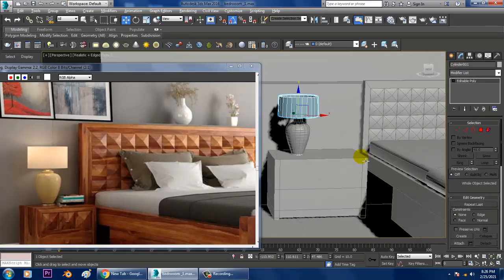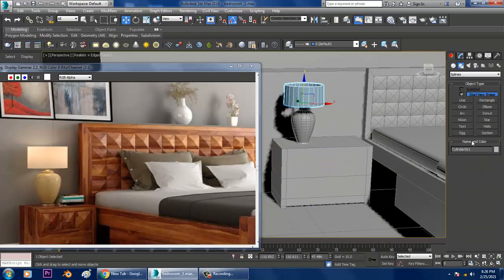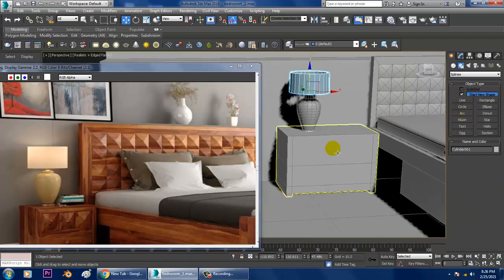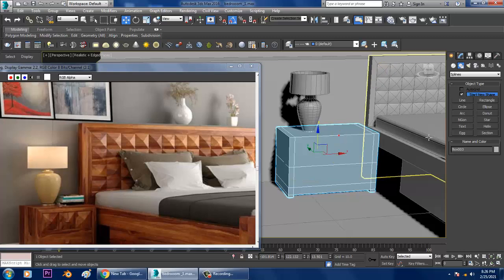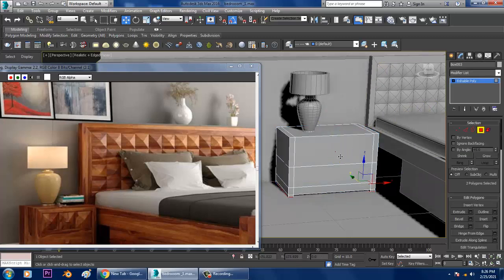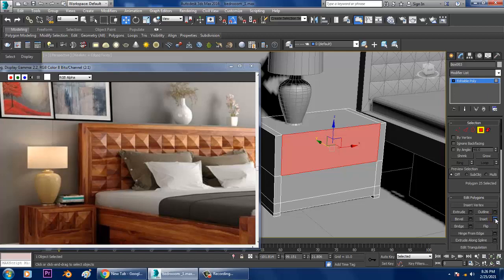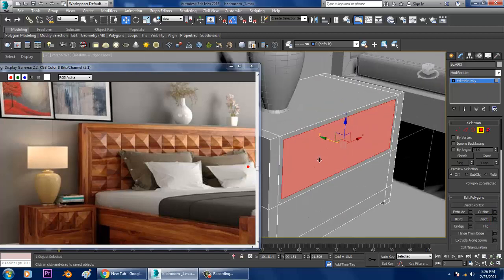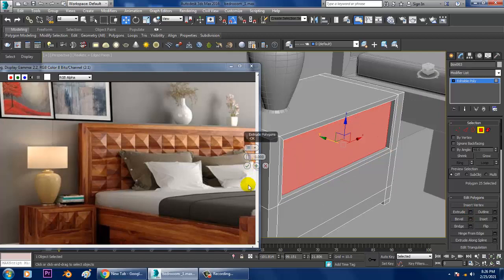After that, just create one knob over here. Before that, I'll select these polygons, slightly inset it and extrude a bit inside over here.